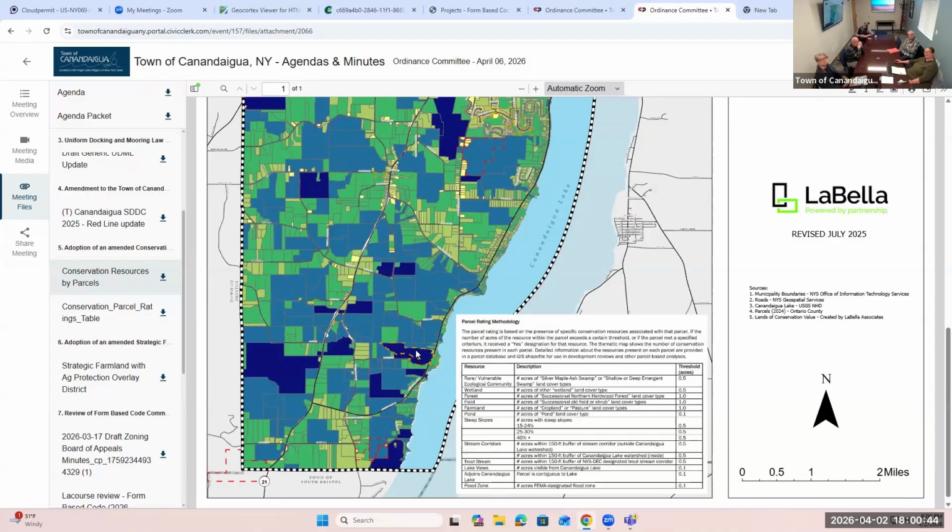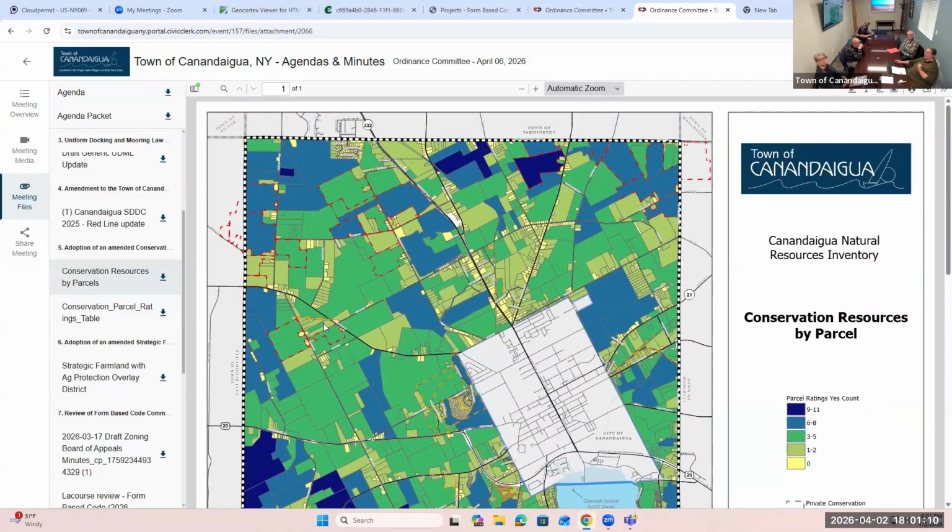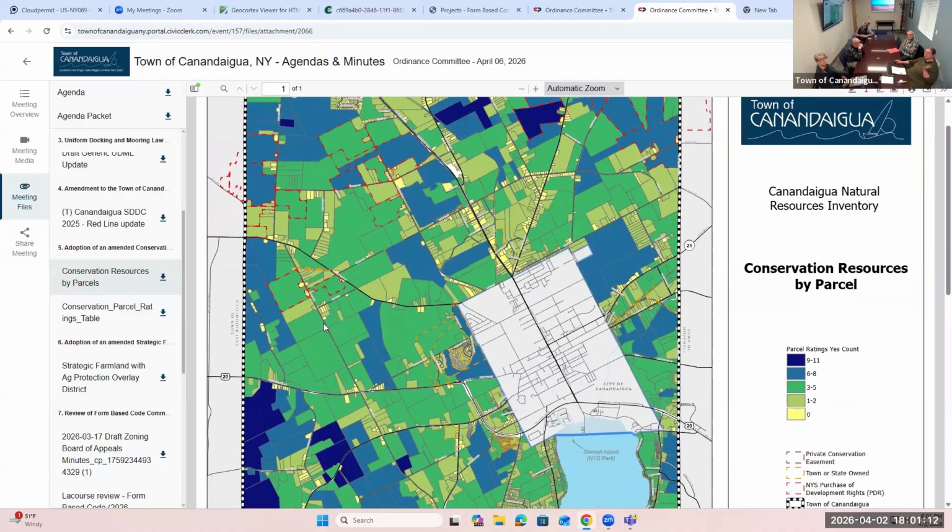So here's Shenandoah, places that could possibly be preserved, or if the town gets a chance to purchase something or protect it, this could help them in that endeavor. And there is a spreadsheet that accompanies this. I know in the past the ECB members have mentioned that they would like something like this. So